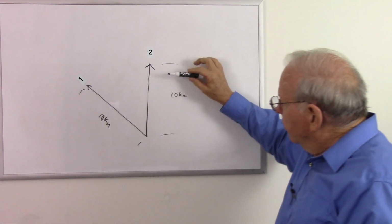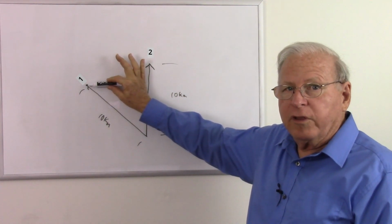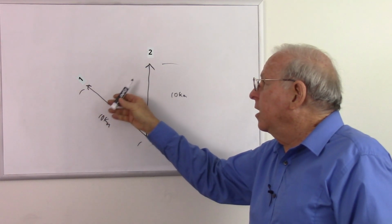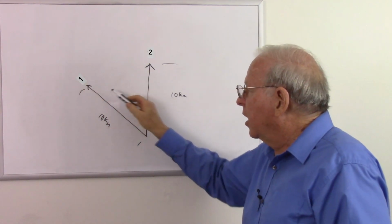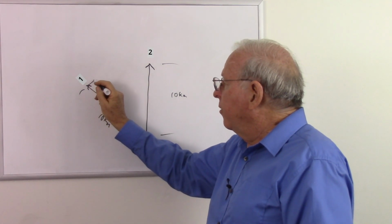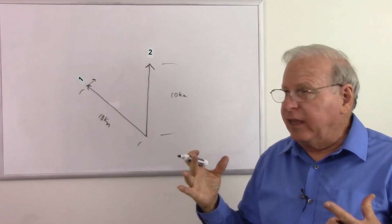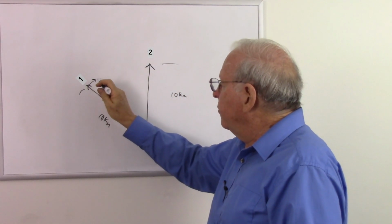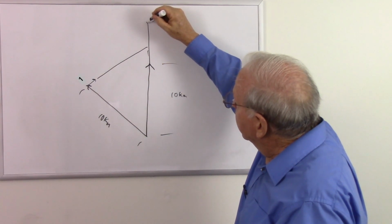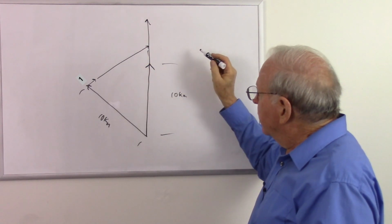But notice that in the direction that airplane number 2 is traveling, airplane number 1 has only gone 7.07 kilometers. And of course, from the perspective of airplane number 1, airplane number 2 in that direction has only gone 7.07 kilometers. Now we're going to make a 90-degree turn, keeping that 45-degree angle to this track just for the easy math. And airplane number 1 is going to return back to airplane number 2, and airplane number 2 is going to keep traveling. And what's going to happen is, after another 6 minutes,